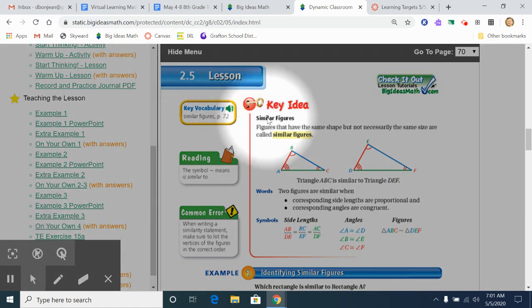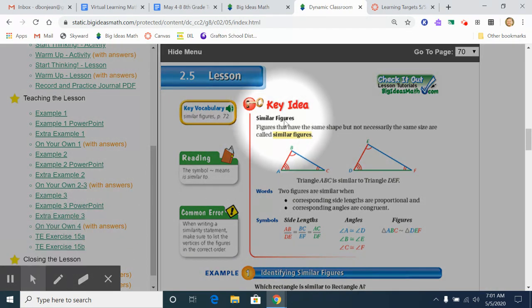2.5, let's see what it deals with. We talk about similar figures, which are figures that have the same shape, but not necessarily the same size. They are called similar figures. So two figures are similar when corresponding side lengths are proportional and corresponding angles are